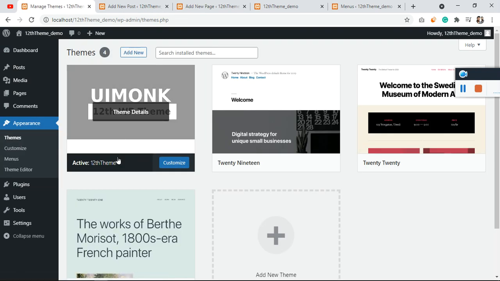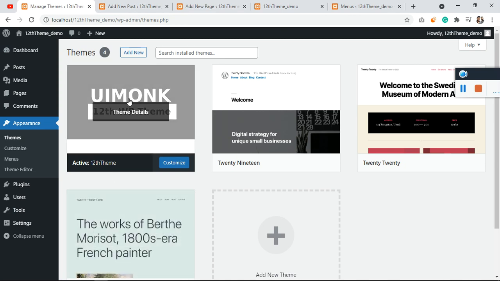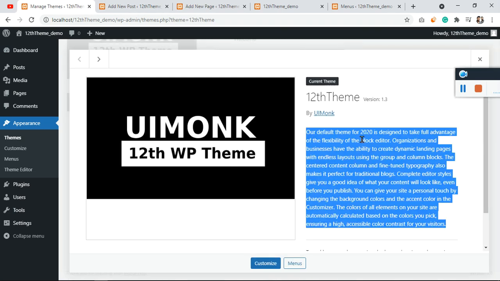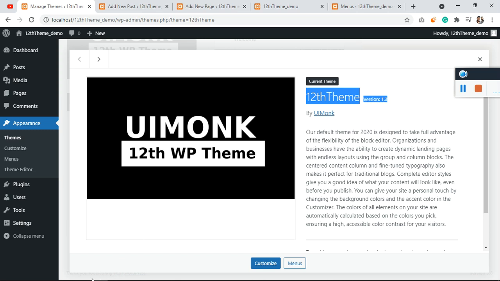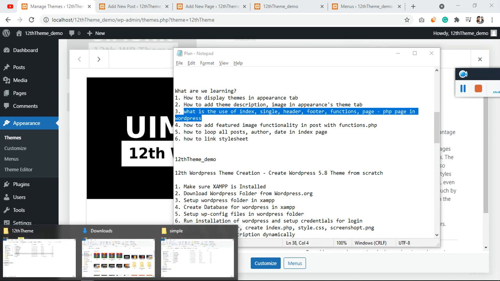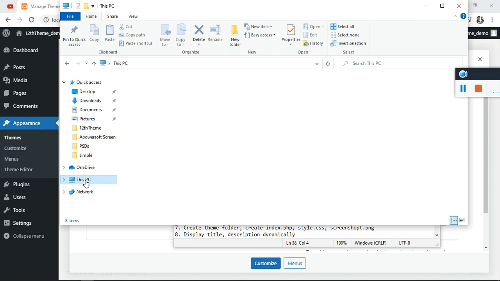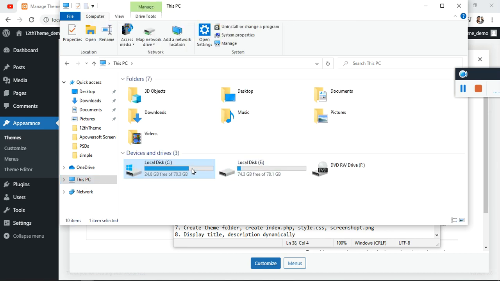This is a theme which I have created. You can see it is among your themes, the 12th WordPress theme. We are going to see this, and along with that you can see the description, and the title is also changed. And if I show you the folder of the theme which I have created, it has some pages.